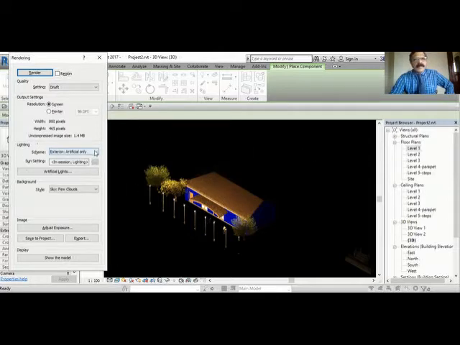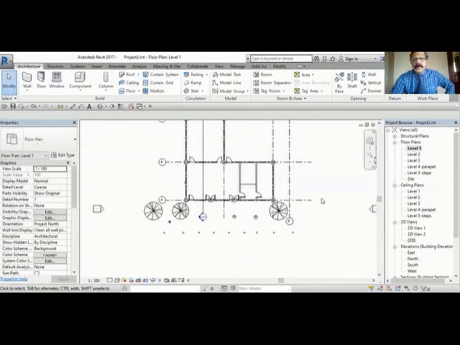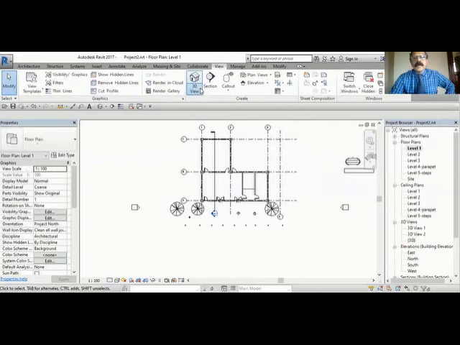Okay. And about these other two lights, that is interior. It is the same effect when you keep a camera inside the room and show them. There you can use the sun only. When you use sun only, what happens is in the interior, light comes only from the windows. Then sun plus artificial. If you want to see, let us do that. Okay, we'll make a small inside view. So what I will do is view, I'll create a camera.